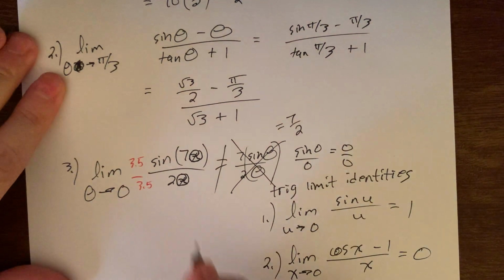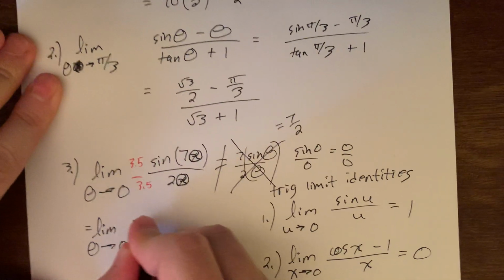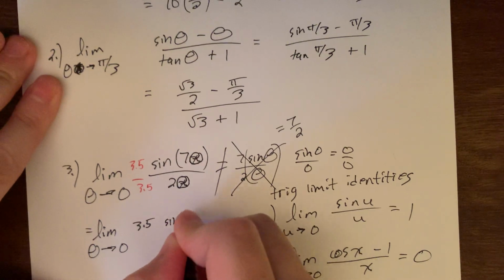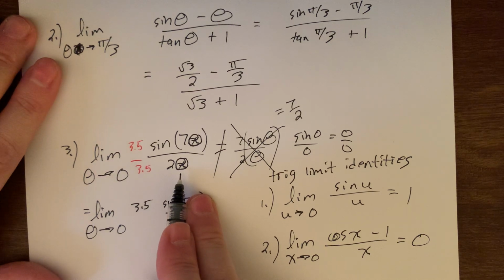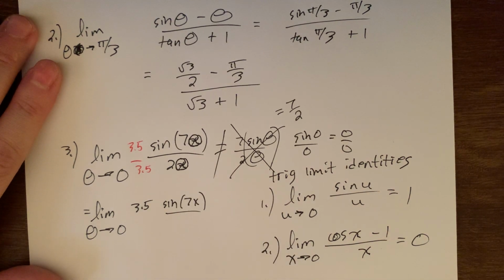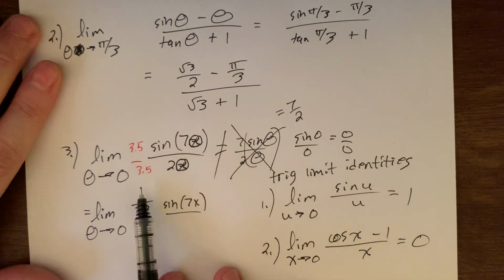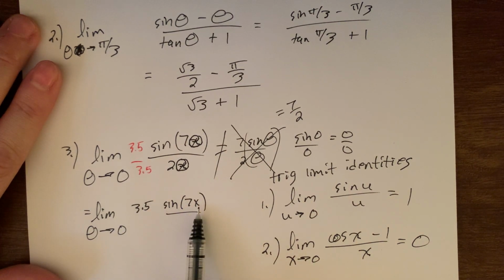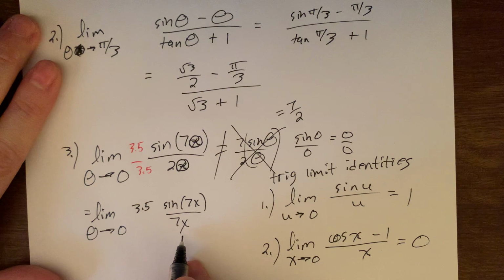But now this works. This 3.5, we can't ignore it. It's still there, technically. But I've got my sine 7x. But now this 3.5, I'll actually multiply. I don't want to compare too strongly to what we did with conjugates, but it is a little similar. We recognize the conjugate, but we couldn't just multiply the top or the bottom. We had to do both, but we actually only multiplied the conjugate pair. So here, technically, we're multiplying top and bottom. There's a technicality on the top, but on the bottom, I'm going to literally multiply and get my 7x,